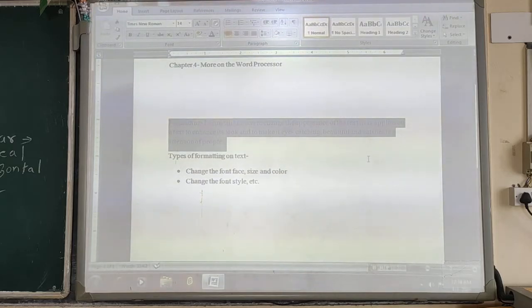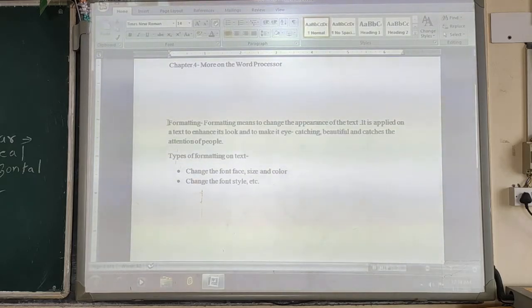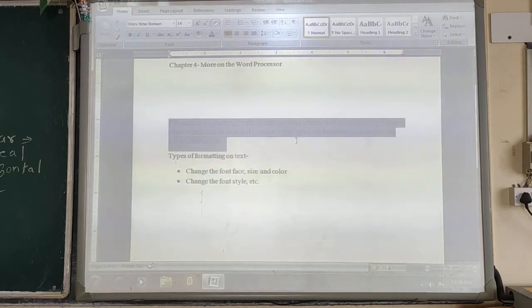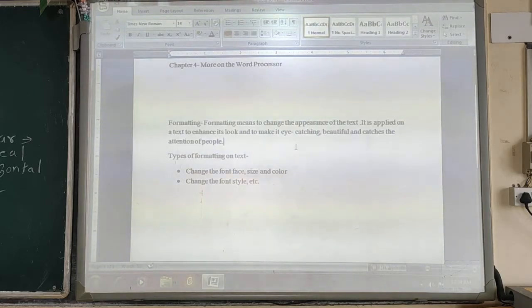In order to select the text, click on the starting of the text and hold the left button of your mouse, drag your mouse, and as you reach the end, just release the mouse button. So this is how you can select the text.